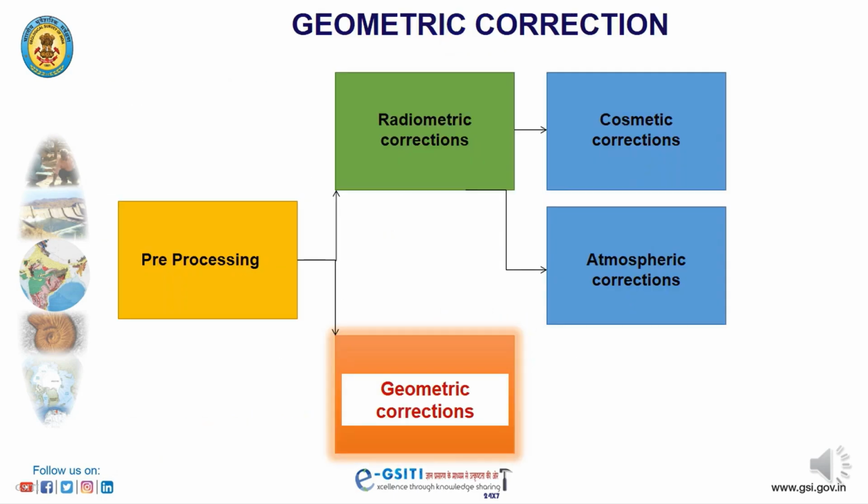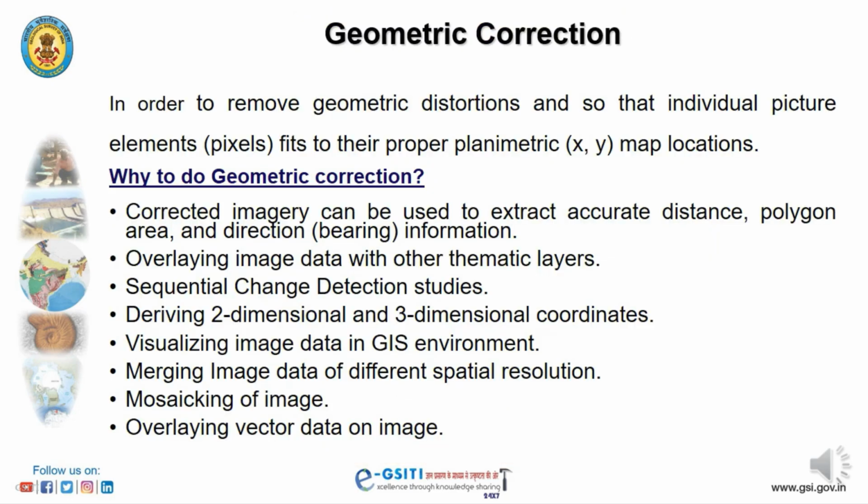Now let us discuss corrections of remote sensing data. First is geometry correction. As a pre-processing of satellite imagery or data, we do geometry corrections in order to remove geometric distortions so that individual picture elements or pixels fit into their proper planimetric map locations. We are doing geometry corrections so that corrected imagery can be used to extract accurate distance,